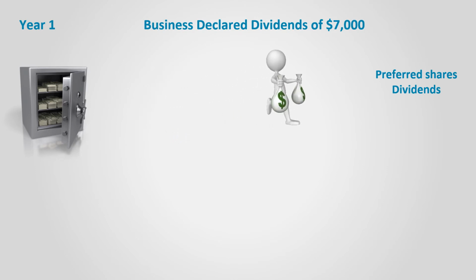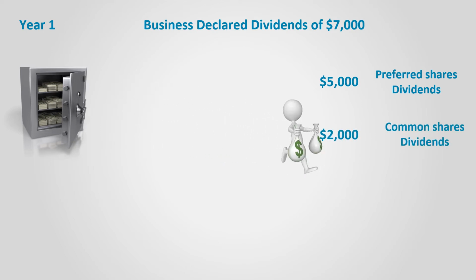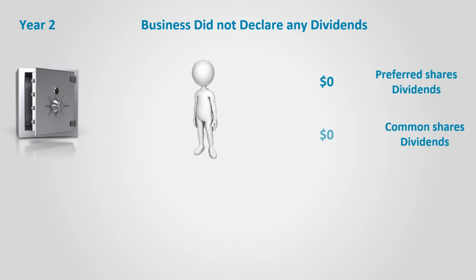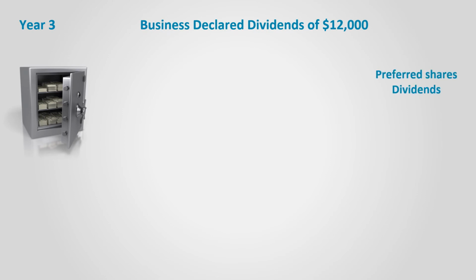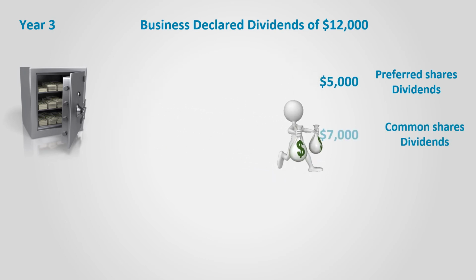The company now has to pay $5,000 in the form of preferred dividends first, and then the remaining $2,000 will go to the common shares. In year 2, the business didn't distribute any dividends. In such a case, both the preferred shareholders and the common shareholders will receive nothing. In year 3, the business declared $12,000. The preferred shareholders will take dividends of $5,000 for the current year, and the rest, which is $7,000, goes to